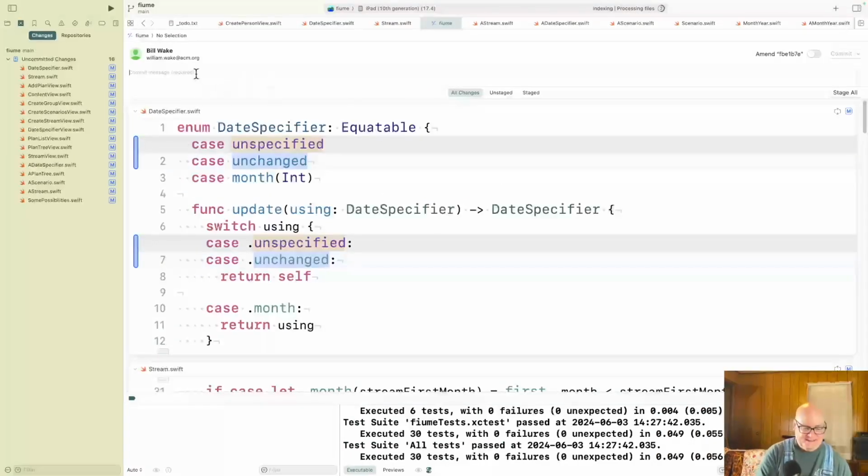Ugh. Okay. So we added, well, I guess we changed unspecified to unchanged. I guess that goes in quotes.